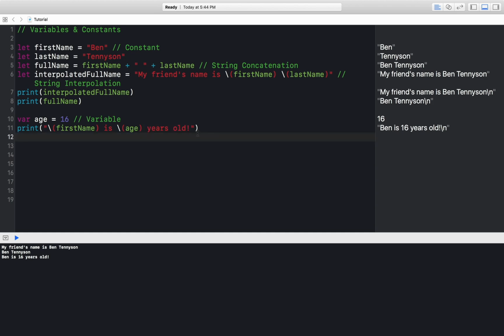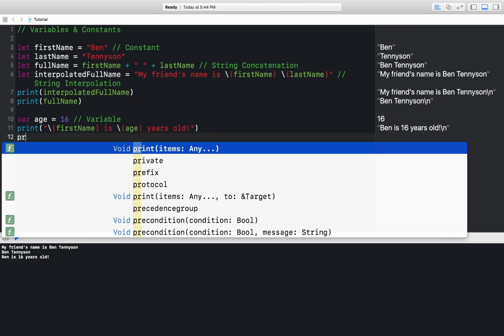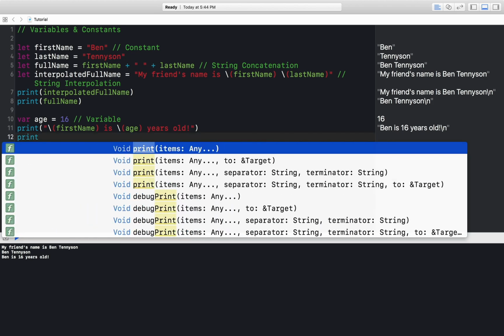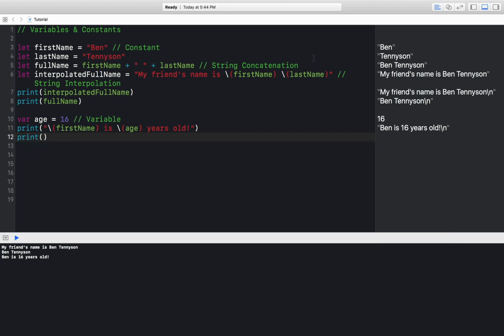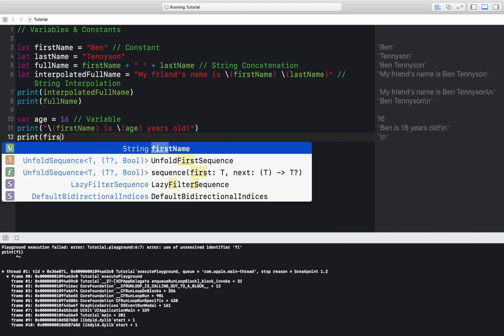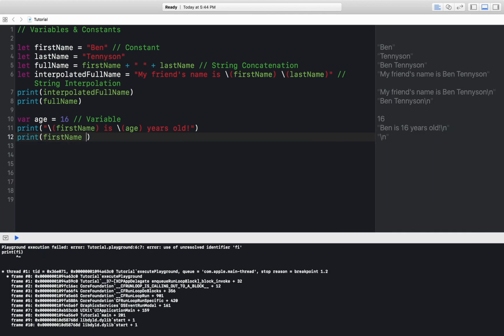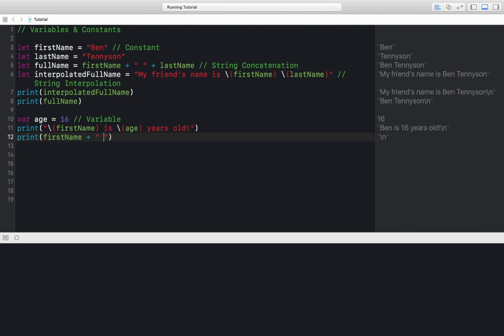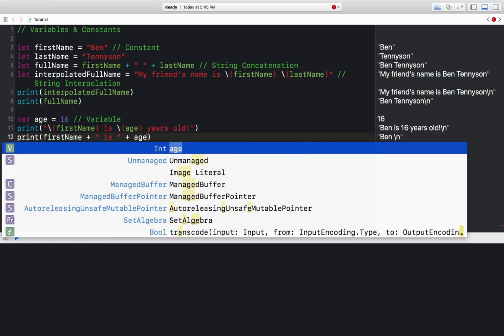And let's actually try to have the same thing by using the method string concatenation. So we'll type in first name plus is, and then we'll have the age variable,